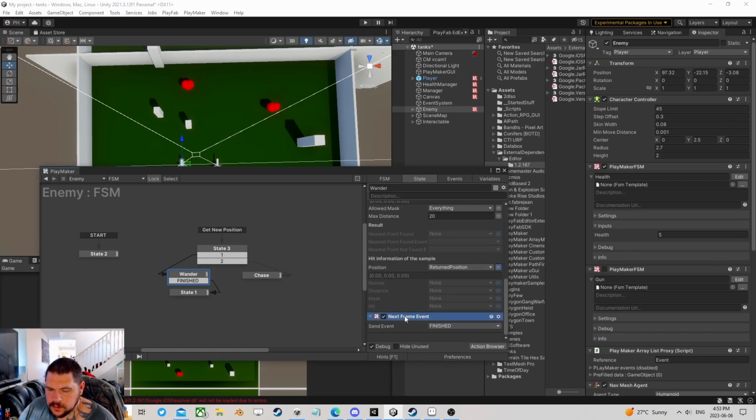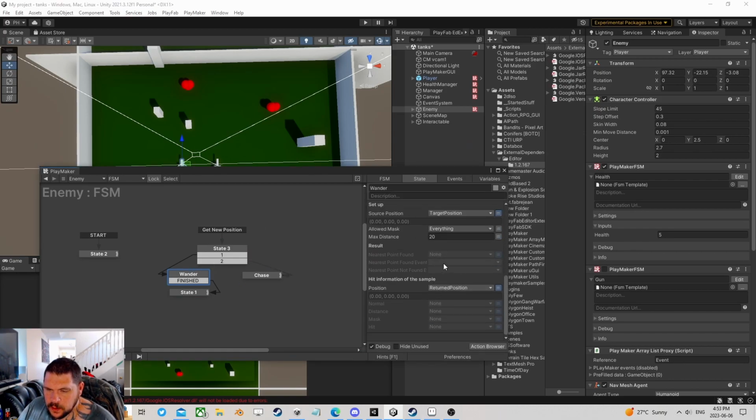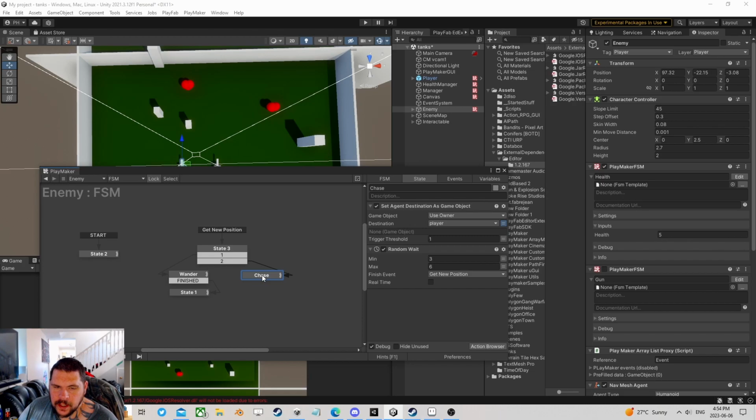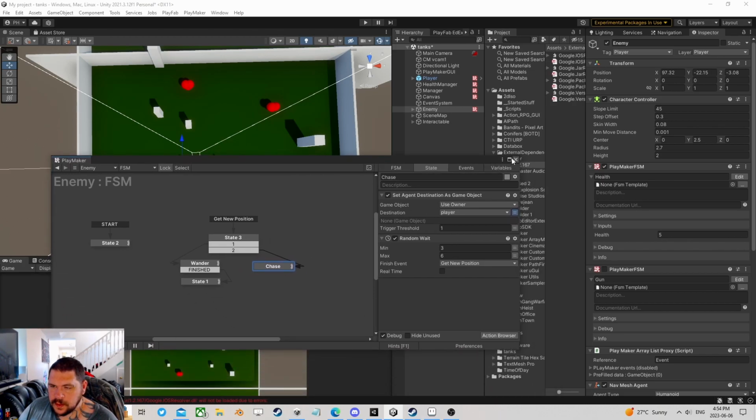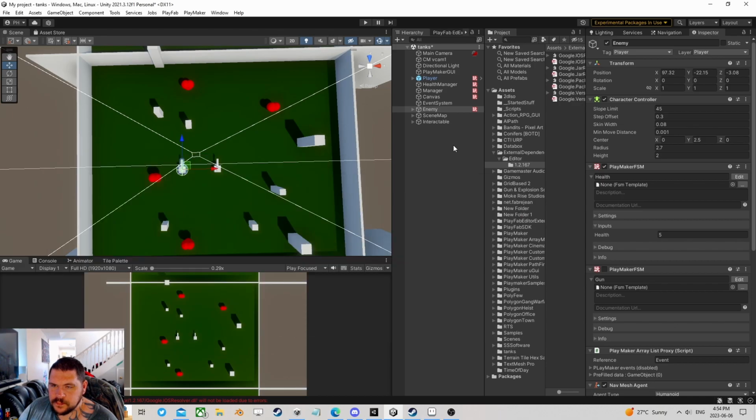Alright, so let's get rid of the next frame. No nearest point, we can use finished. If there is no nearest point, we'll get a new position. We'll just redo the process. That should be fine. Now we could add, get a distance here and redo it, or do a different thing if we're too close to the player. But the other thing I want to do